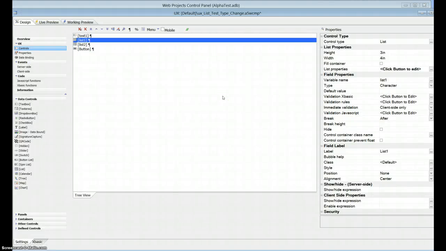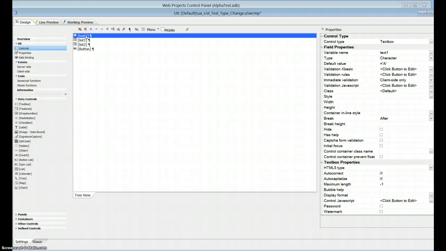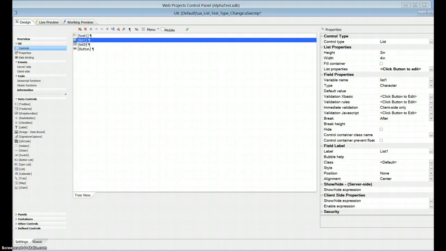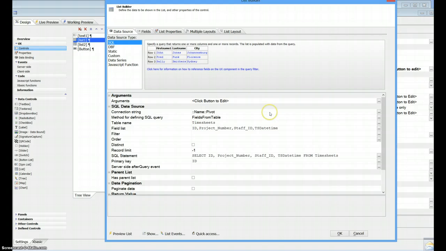You can control what gets shown in list columns by using multiple layouts within the list control itself. So here we've got a text field that's going to control what's going to be shown or not shown in the list control. I've got a couple of lists here, but we're only going to deal with list one. So let's get in there. It's pulling some information out from a SQL table,